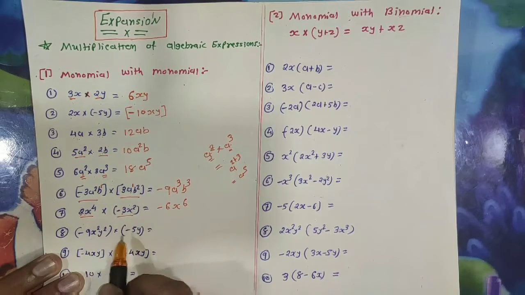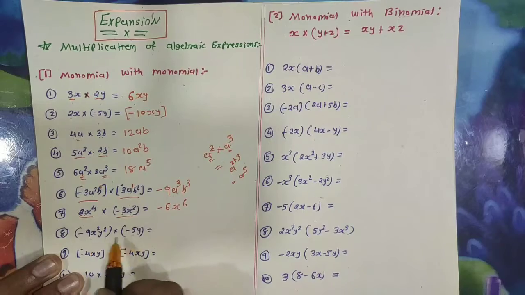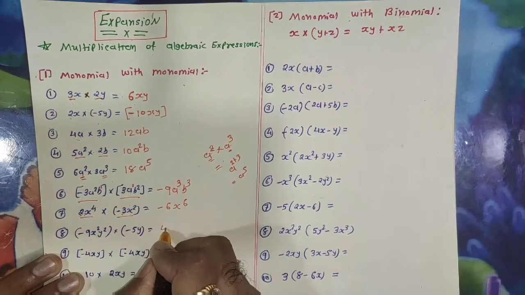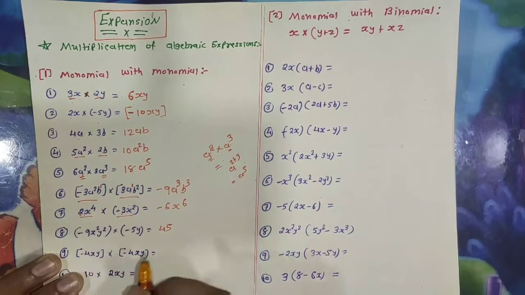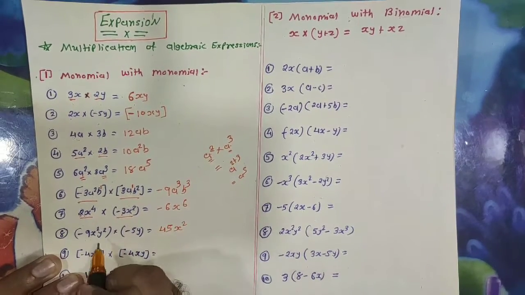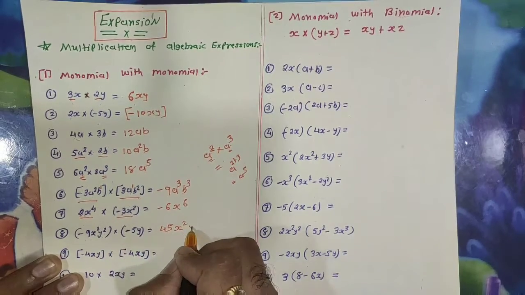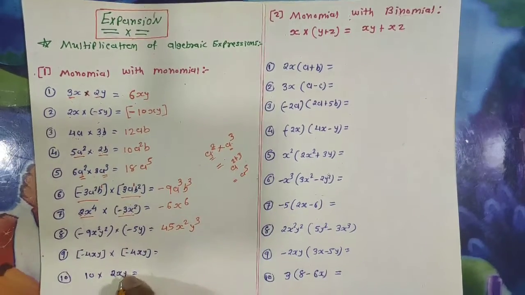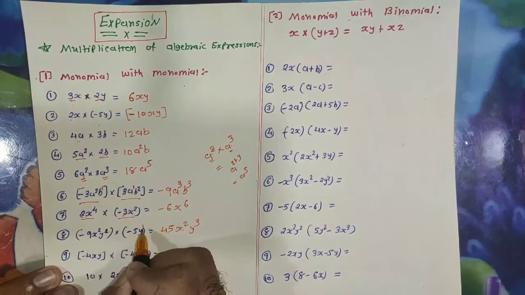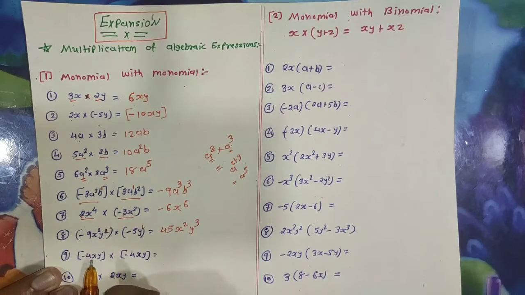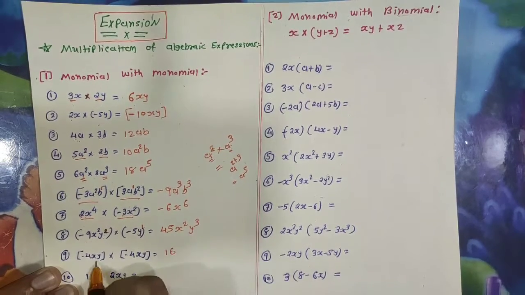Now again for this multiplication of these two monomials, both coefficients are negative, so minus minus plus, so 9 5s are 45. Again x square into no term is there, so you have to write x square as it is, and multiplication of this y square with this y, so power 2 and power 1 is there, so their addition is y raised to 3. Base equal, they are in multiplication, perform addition of powers, so it's 2 plus 1, so it's 3.